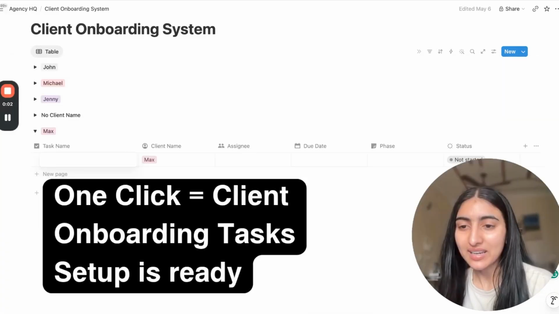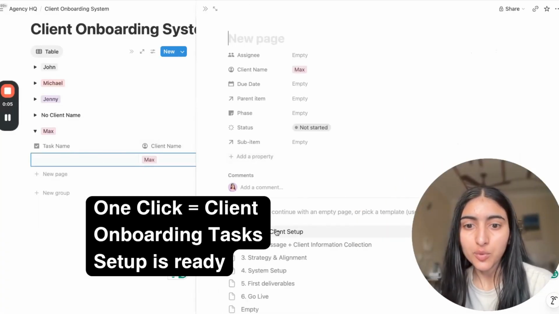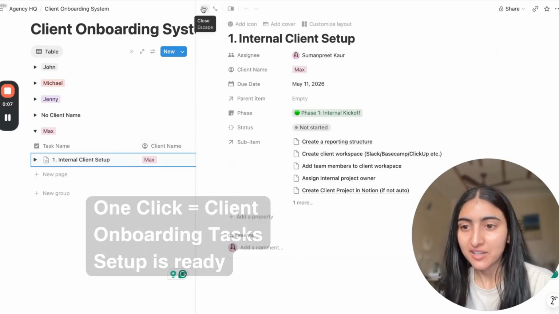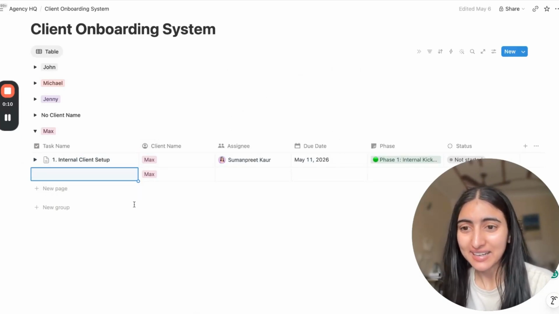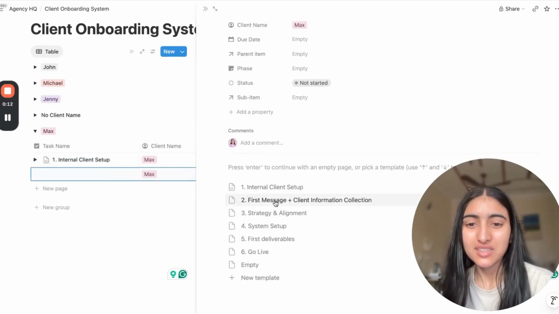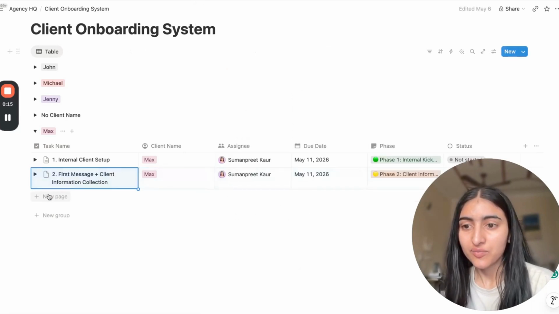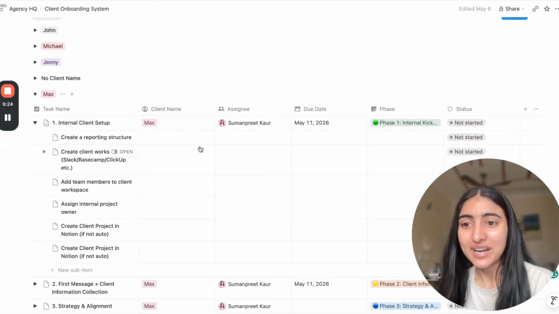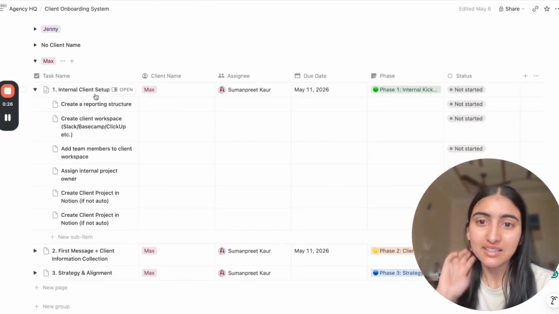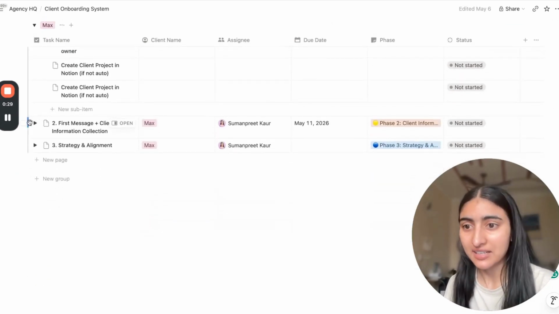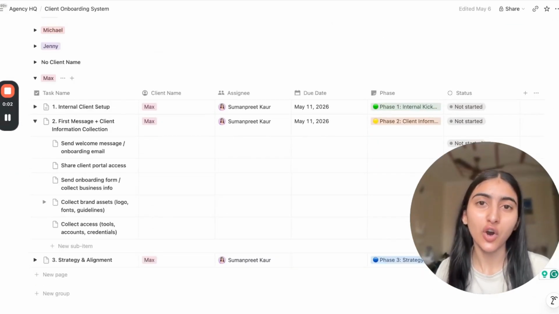With just one click, we are getting all the onboarding tasks here automatically. So the first task, and for the second task I will just give the second click here. So with just one click, we get everything: the task, the subtask, the assignee, all the other details here. So here's the full walkthrough on automating the repeated client onboarding task.